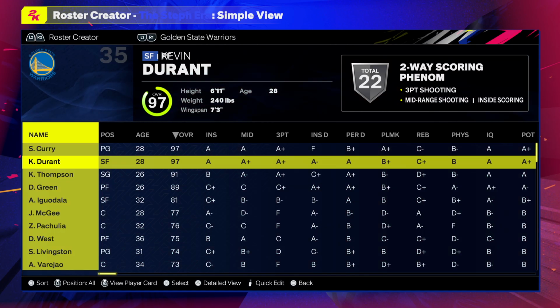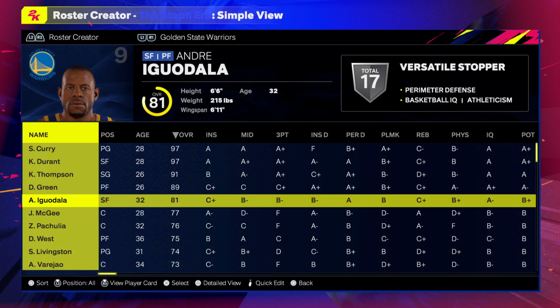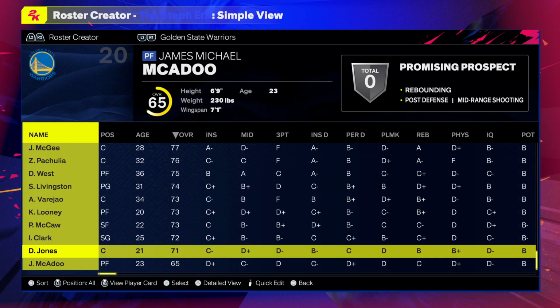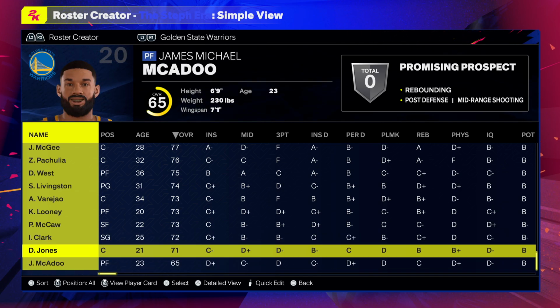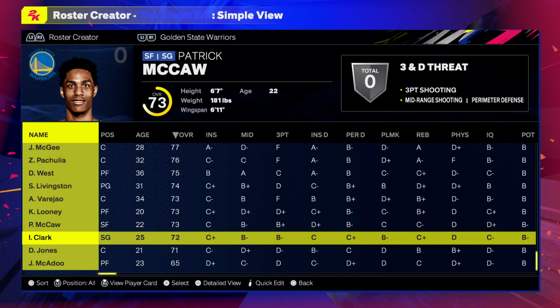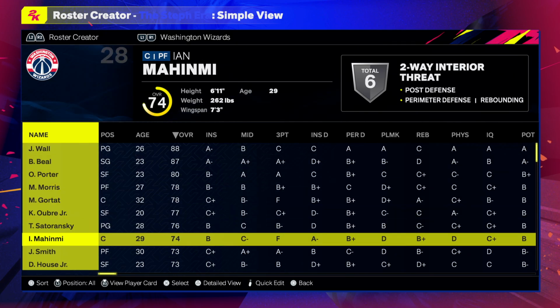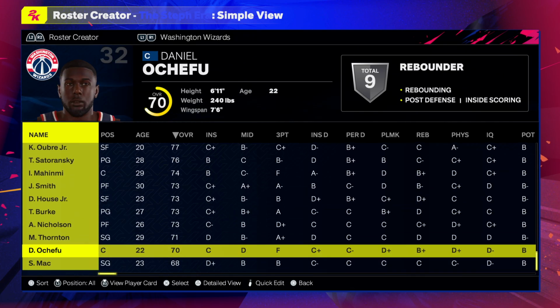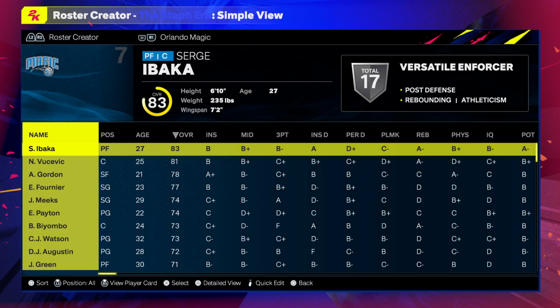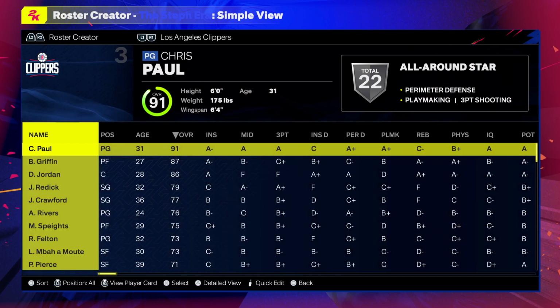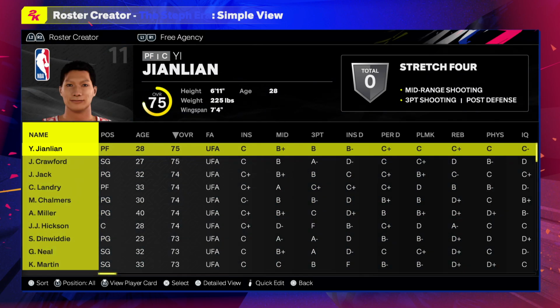So as you can see, all the added ones in. I got to get Iguodala. I know he still has one. What's weird is James Michael McAdoo was right around Patrick McCaw, and they took him out but didn't take McCaw out. So it's just interesting what they choose to do. Going over to the free agent pool,